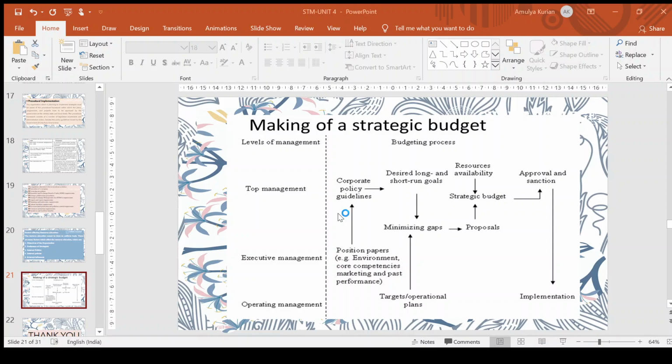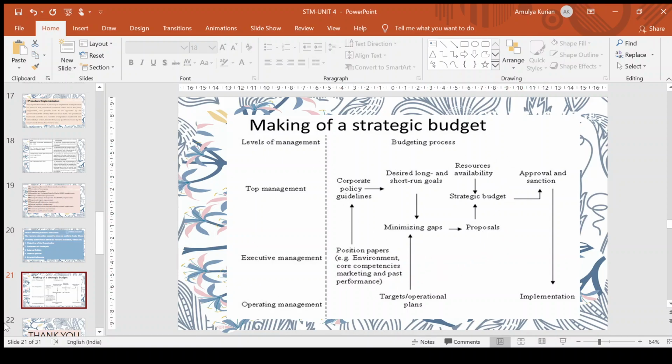So first one, top management will be initiating the budget process by communicating the objectives of the firm for the period. Then based on the budget department, each department will be planning and they will be submitting a preliminary budget. Then it will be analyzed, and based on that analysis, the final one with the detailed receipts and expenses will be charted down, and you will be allocating the budget. So these are the steps involved in the budgeting process.